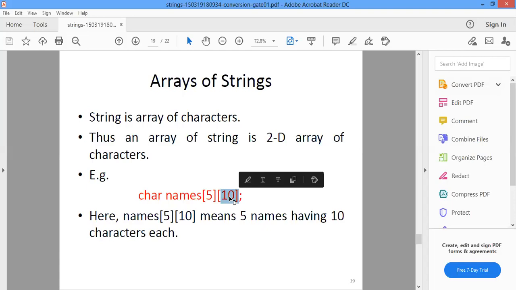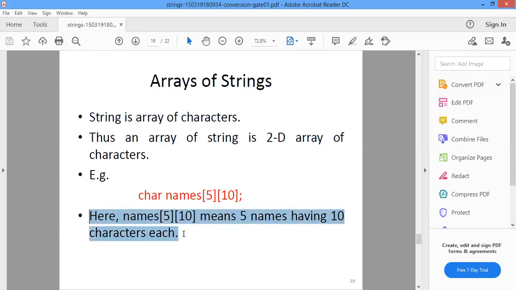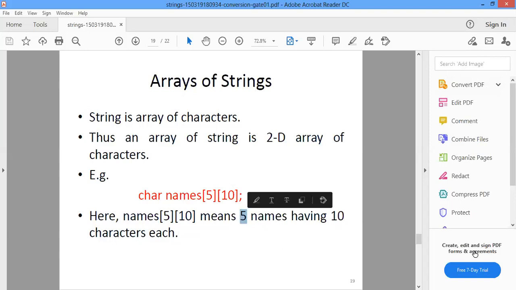So the size of each and every string will be 10, whatever we previously wrote. And how many strings can we enter? That is 5. So the meaning is that we can enter 5 names having 10 characters each. Each string can have 10 characters, and we can enter 5 strings.